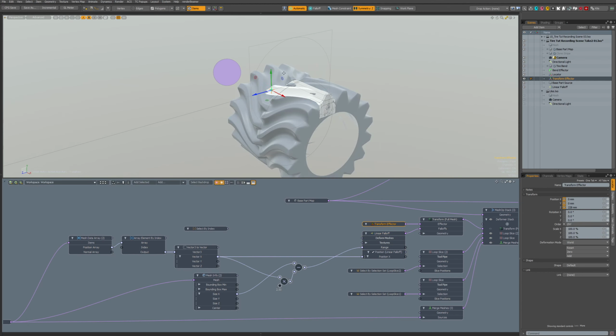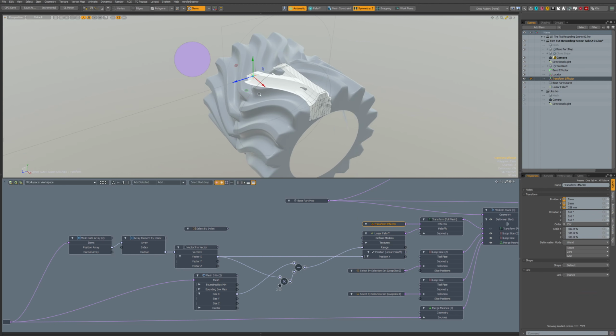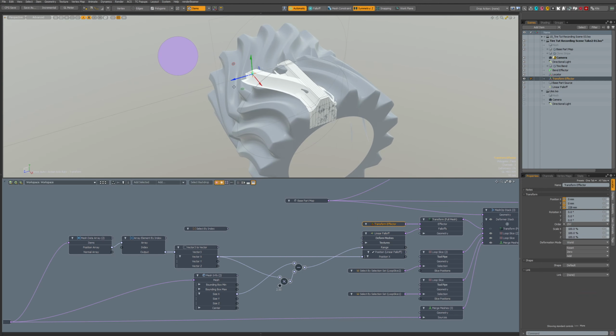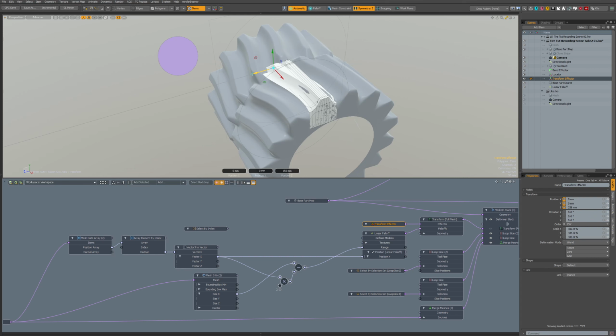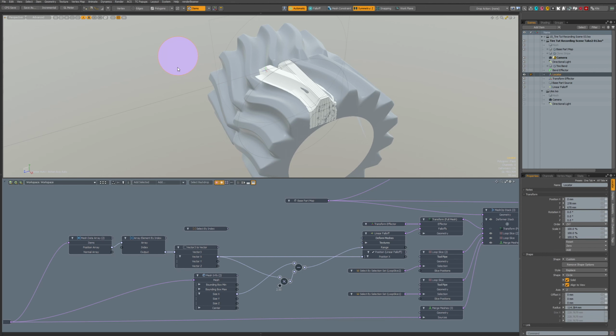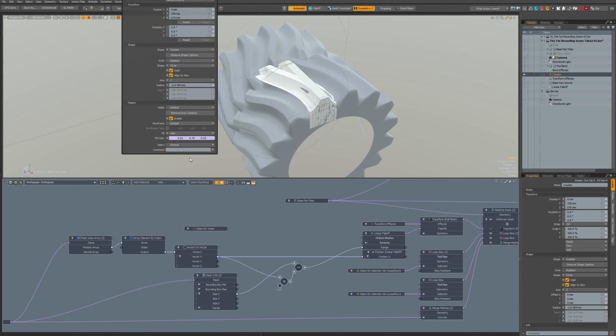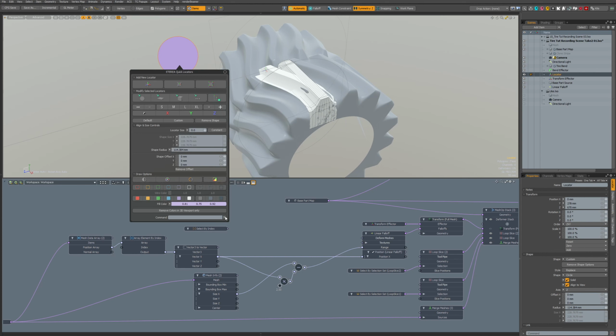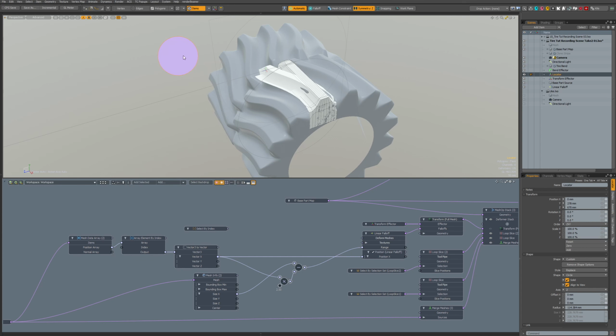So with the curve, in the graph editor, we can change the profile, and with this we can adjust the amount. So we have to add item channel pop over.